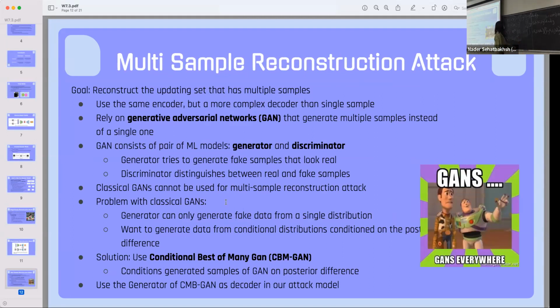So I'll be going over the next attack, which is the multi-sample reconstruction attack. It's very similar to the previous attack, but a bit more complicated, because in the previous attack we only updated the model with a single sample, but now we're updating the model with multiple samples. So we want to generate all of the samples that were used to update our model. So what we do is we use the same general attack pipeline that we explained before, but